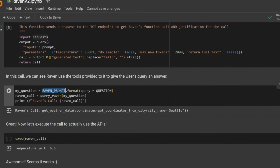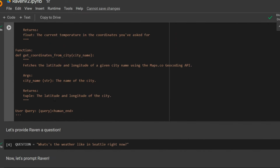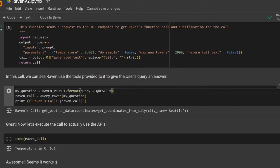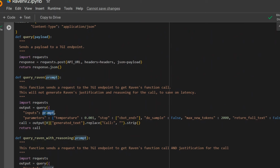And then Raven prompt dot format, you go ahead here to here, Raven prompt, you can see inside the curly braces, we put in the query. So we are putting the query of the question in the Raven prompt. This is my question as a final prompt, and we are going to send the prompt to the query Raven. Once we send this to the query Raven, this is going to go as input,